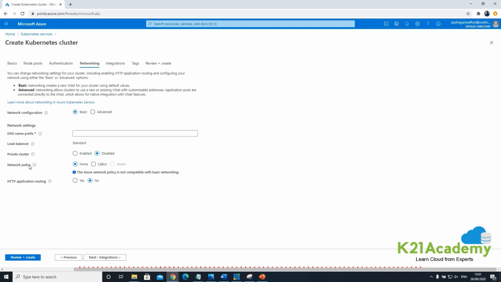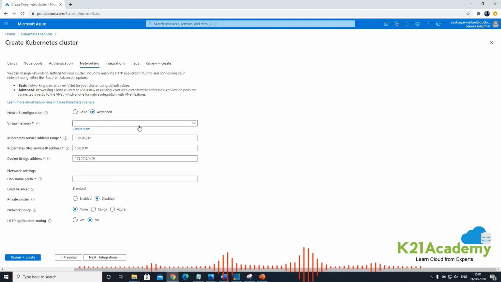I'm going to cover that network policy a little bit later. But the main important thing I wanted to show you was that the networking configuration is basic or advanced. When you select advanced, you select the virtual network in which you're going to define this Kubernetes cluster, and then the service addresses we discussed. Each service that you define will have an IP address, and that IP address will be picked up from this CIDR range, which is